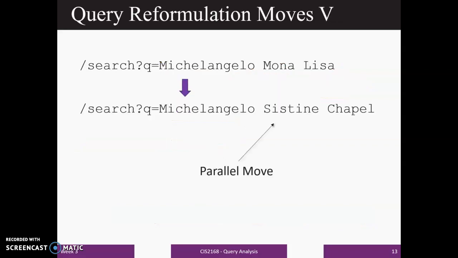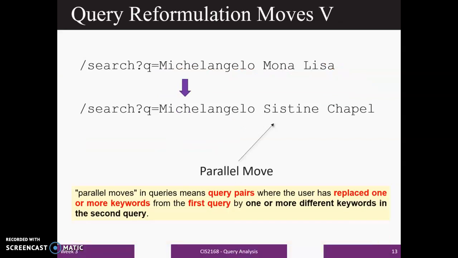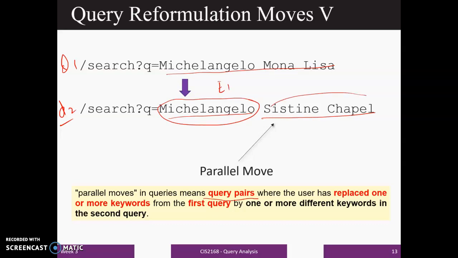Next topic is parallel move. What is parallel move? Parallel move is a query pair. So you are searching for this and then you are searching for this whole in the updated query. This is query number 1, query 2 is your updated query. So what you are doing, you are searching for the pair. So this is element number 1, this is element number 2, and you are searching for the pair E1 and E2. So E1 is your first query item, E2 is your second query item, and you are searching for both